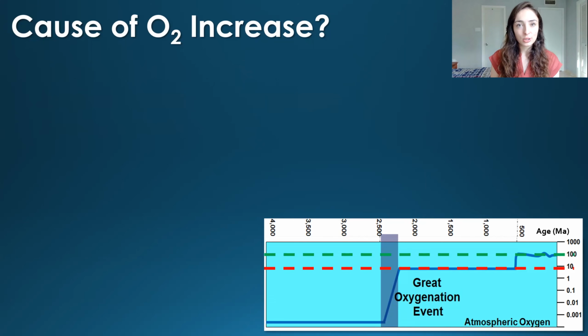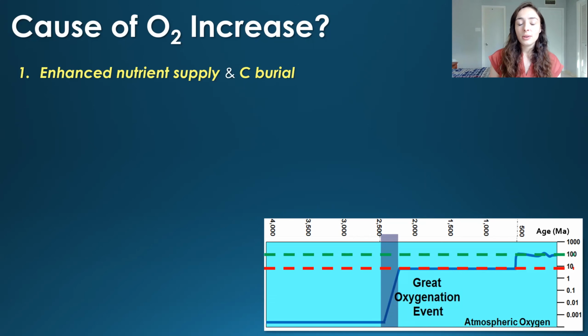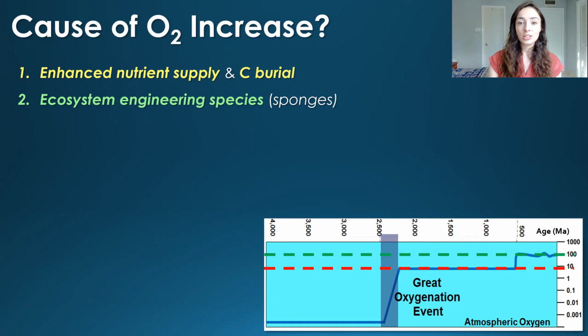So what caused oxygen to increase during the Neoproterozoic? Well, there was enhanced nutrient supply, like I mentioned, and that caused enhanced primary productivity, which enhances carbon burial. And enhanced carbon burial always increases oxygen to the atmosphere, or sources oxygen to the atmosphere, because that oxygen is not being used to oxidize that carbon. And then there were also ecosystem engineering species like sponges that helped to increase oxygen in the ocean at the time, and a greening of the land surface,